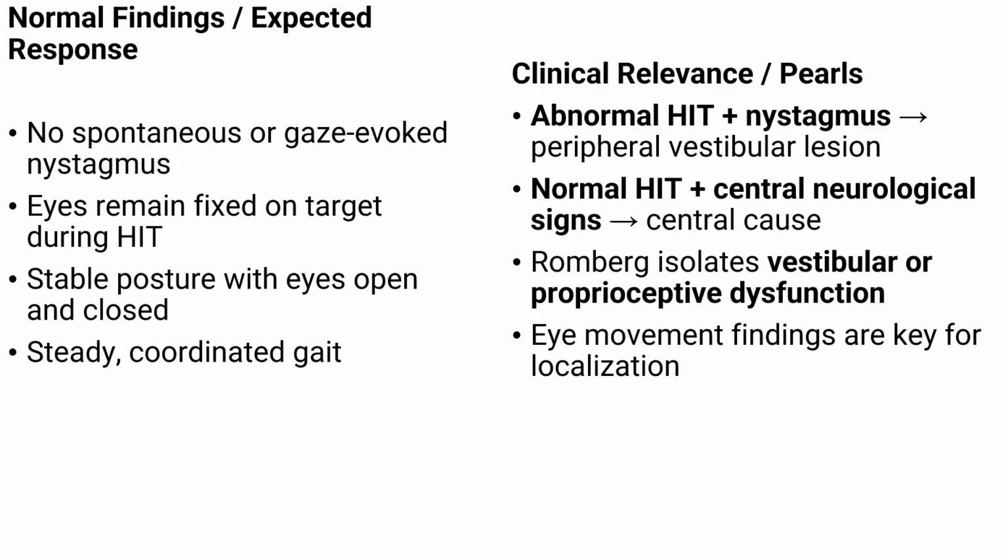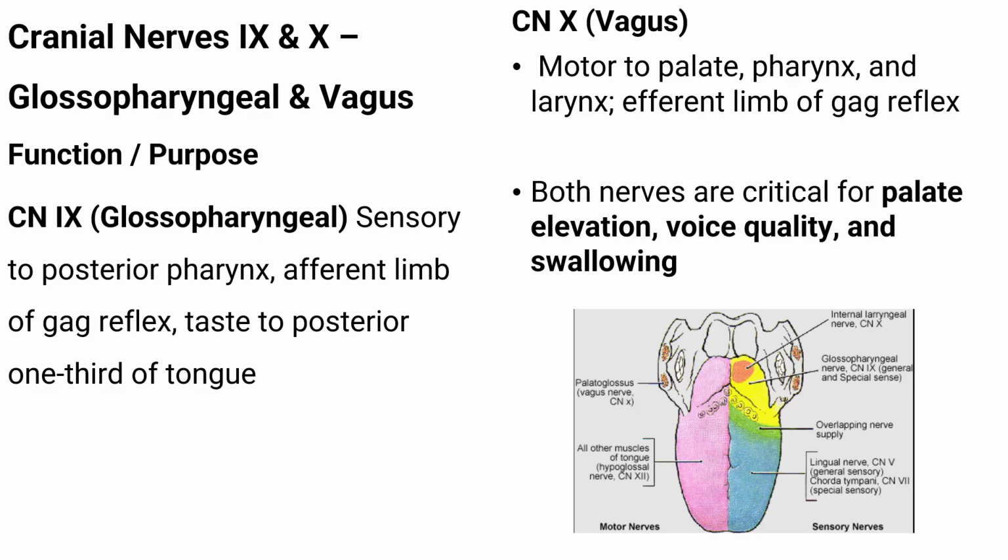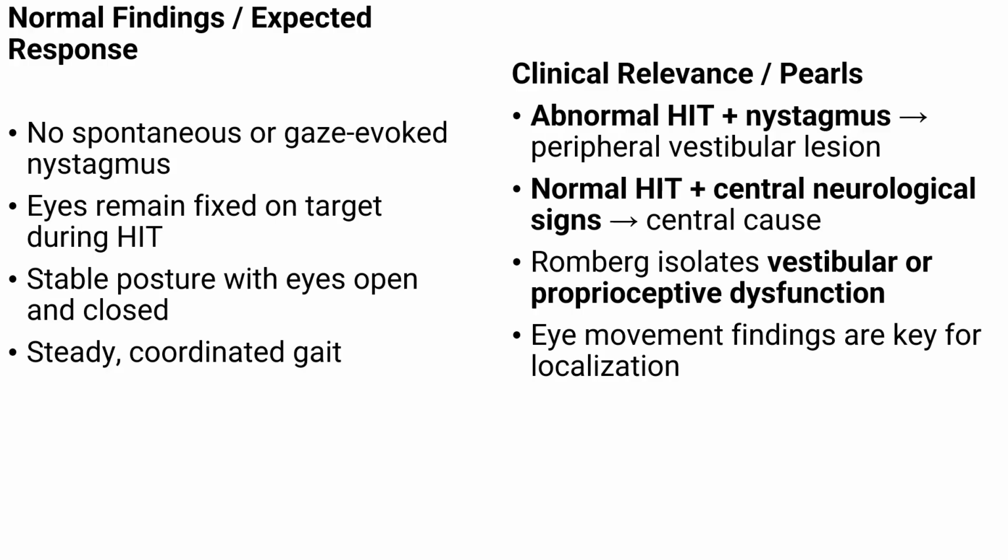Interpreting these findings together is what matters most. An abnormal head impulse test combined with nystagmus usually indicates a peripheral vestibular lesion, whereas a normal head impulse test in the presence of other neurological signs should raise concern for a central cause. The key takeaway is to rely on observation and pattern recognition. Vestibular testing is less about isolated maneuvers and more about integrating eye movements, balance, and gait to localize pathology accurately